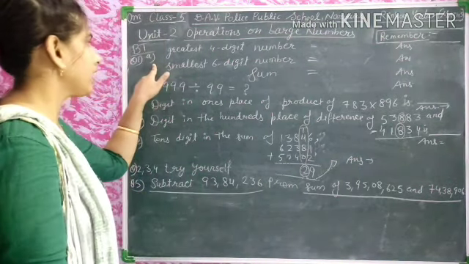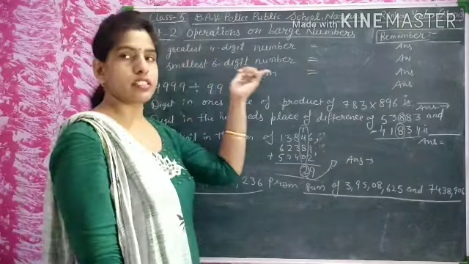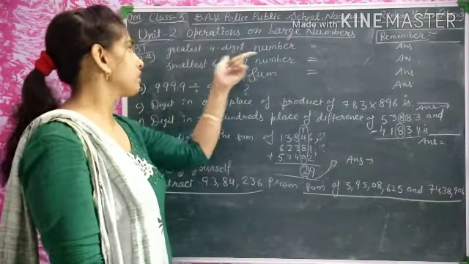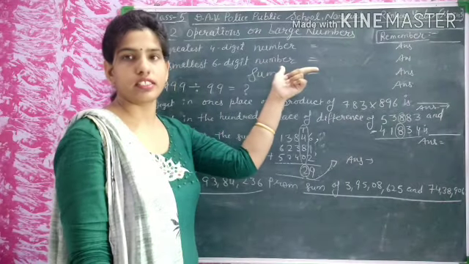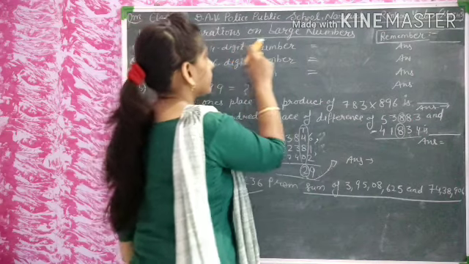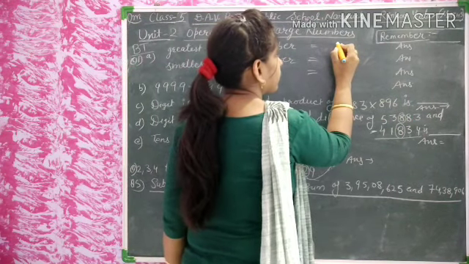Part A is asking for the sum of the greatest 4-digit number and the smallest 6-digit number. We have to find the sum here. So what is the greatest 4-digit number? The greatest 4-digit number is